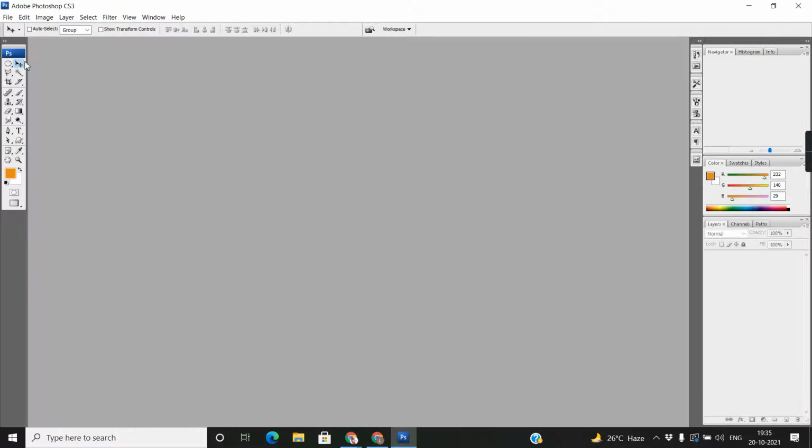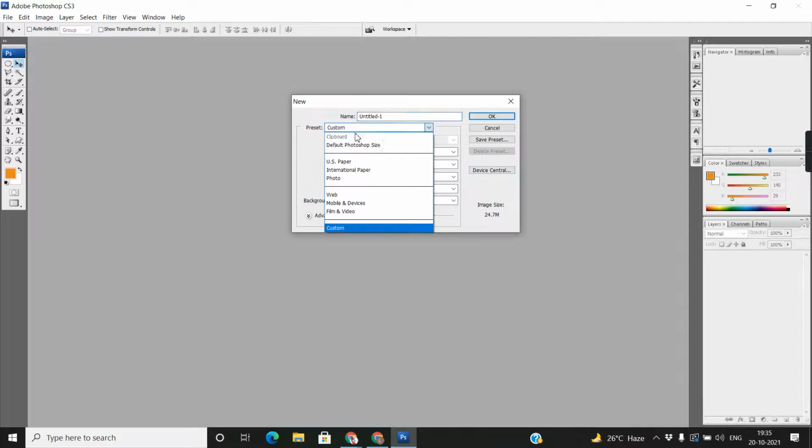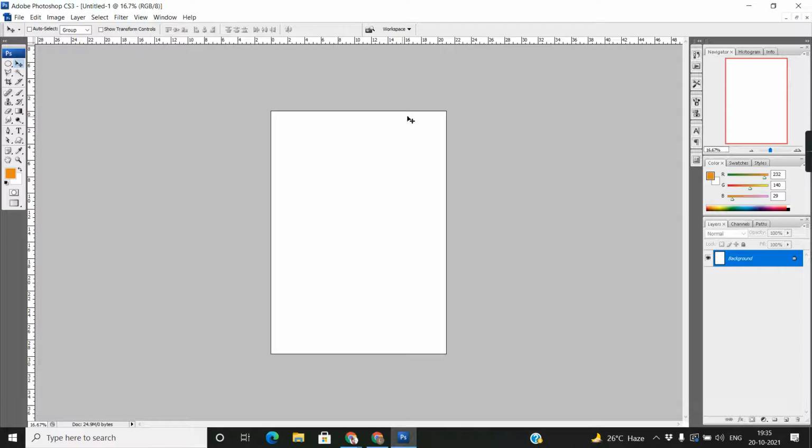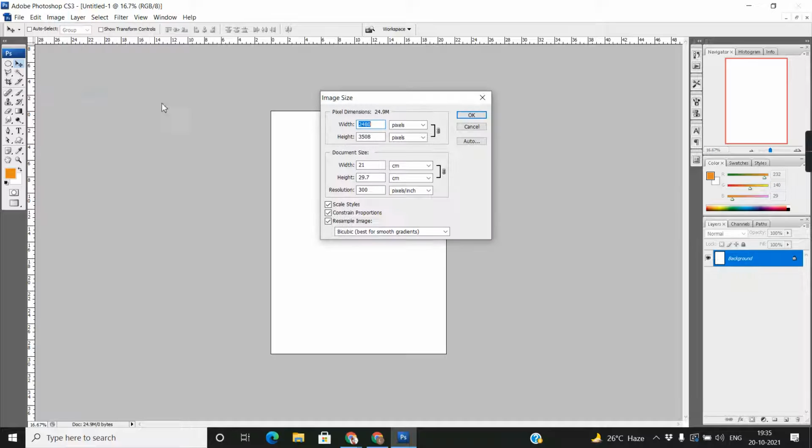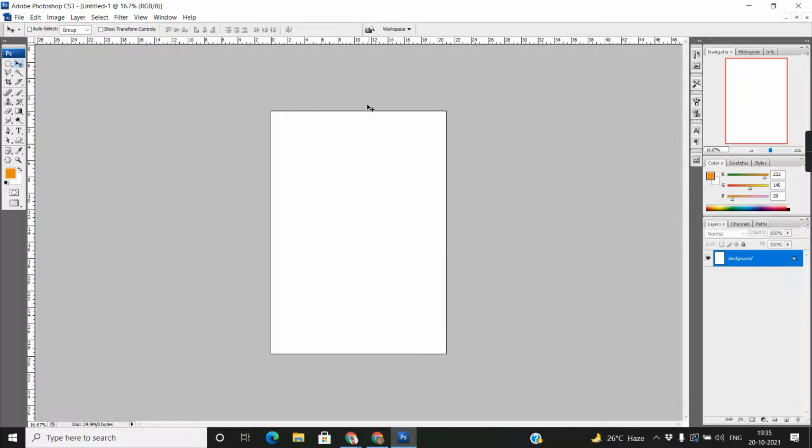So if I want A4, go to File, New, and select the international paper, A4. Okay, this is okay for me. And Image Size. So look, if I'm talking about inches, this is a little bit higher, 8.267, and this is a little bit lower, 11.693, and the size is okay. Just click OK. Now you will get the name over here. Whatever name you mention when you create a new file, you will find the same name here.